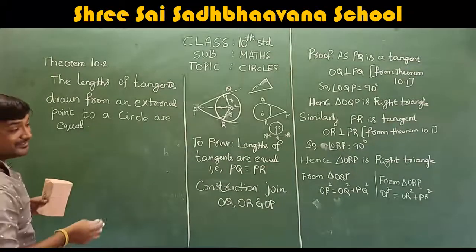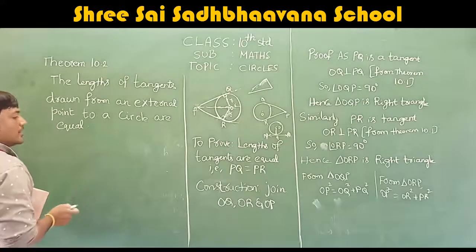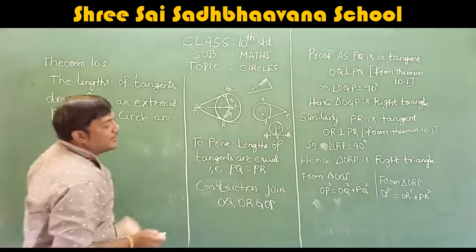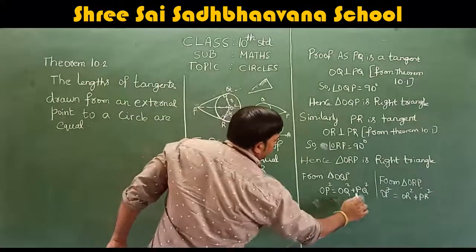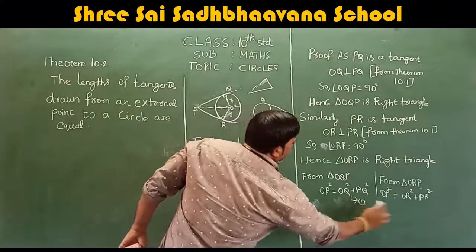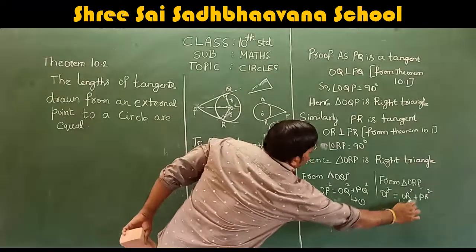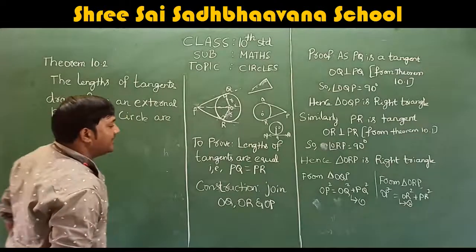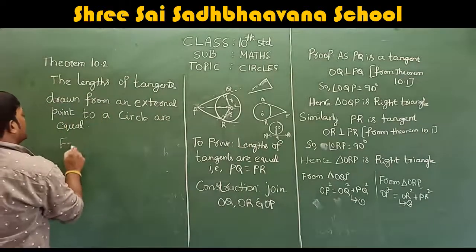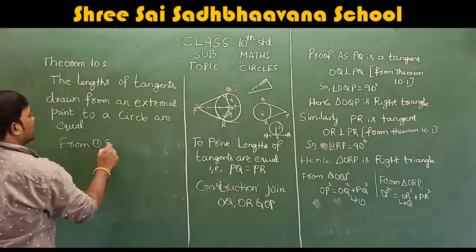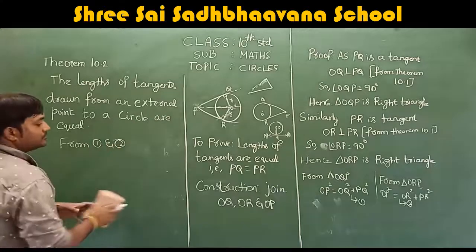Both the LHS are equal. So you can take this as equation 1, and this as equation 2. So from 1 and 2,